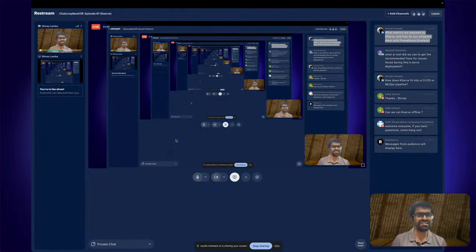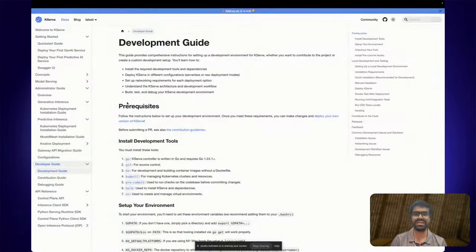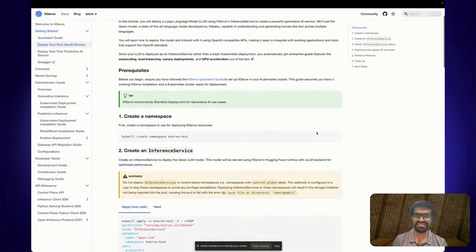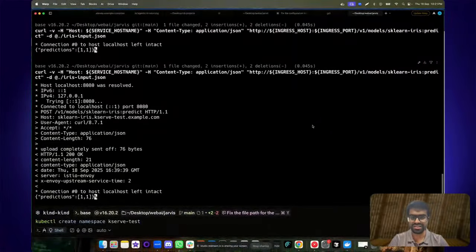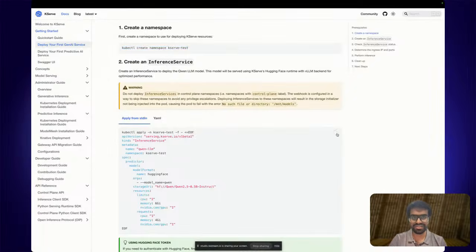If there are any other questions, we can try one last thing, which is a deployment of a GenAI service. I'm not sure how much time this might take. Maybe we can create another namespace called Kserve test Gen AI, and copy this over here.